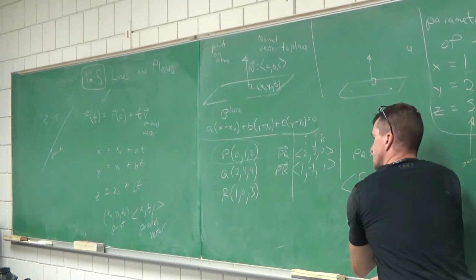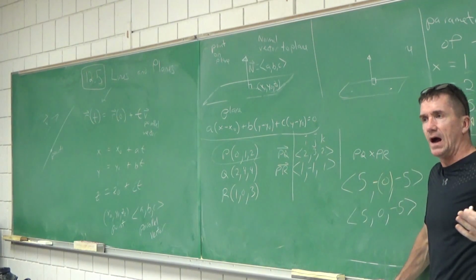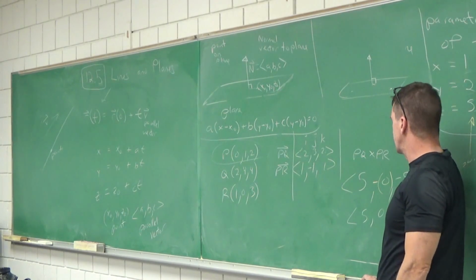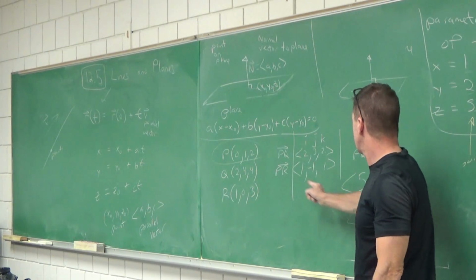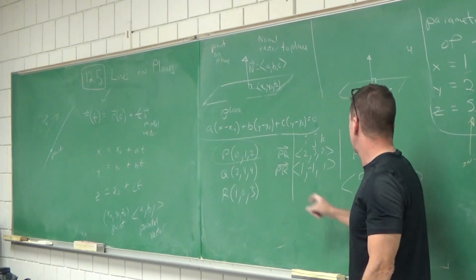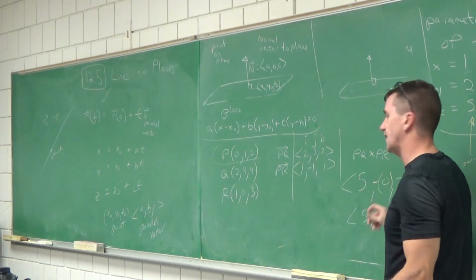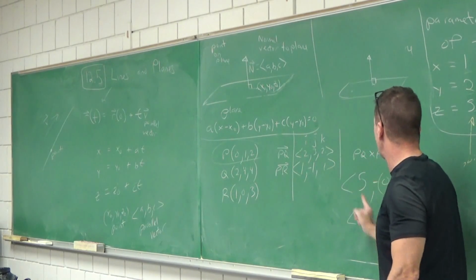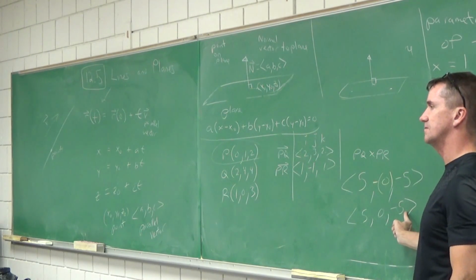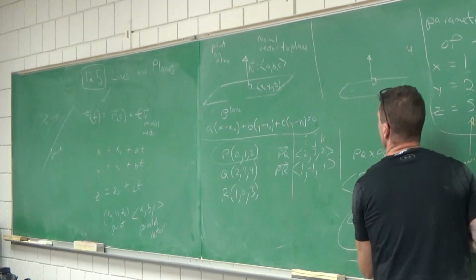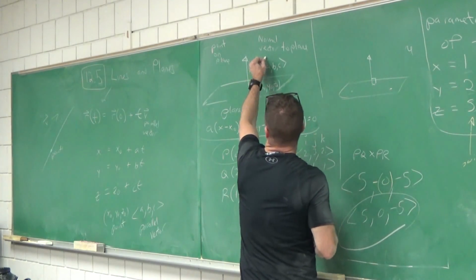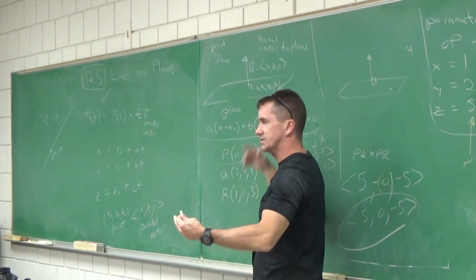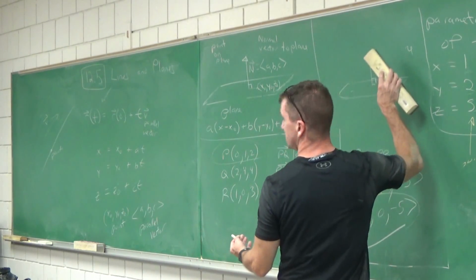I always double check this, because with my eyes I could have been looking at the wrong column or something. Let's double check. Is this dot product with this 0? Is 5 plus 0 plus -5 equal to 0? Check the other one. Is 10 plus 0 plus -10 equal to 0? Got it. So this is that normal vector: 5, 0, -5. Which point am I using? I just thought I used one. It doesn't matter which point you pick, right?